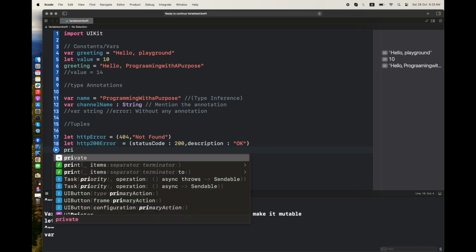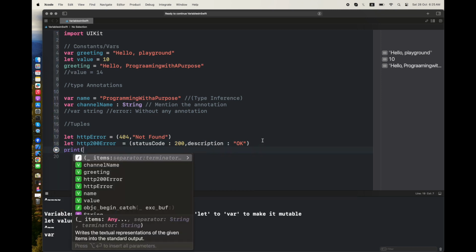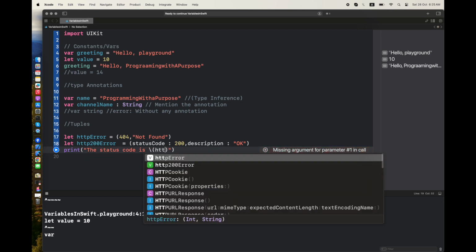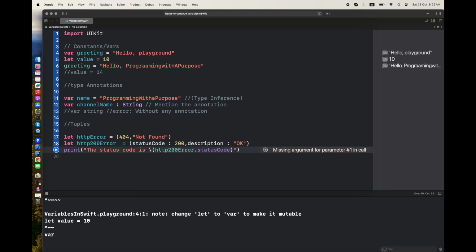to mention the name of the actual variables that I am going to add. So basically there is a status code 200 and description OK. Now how we are going to access the values of each of these components of a tuple, I am going to show you here. We can print the output of any of the variable using the statement of print and